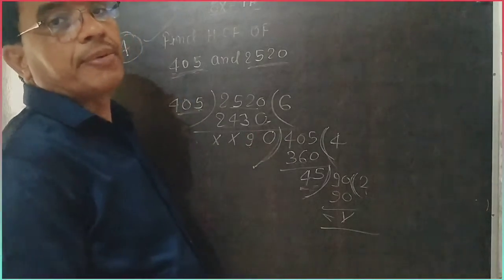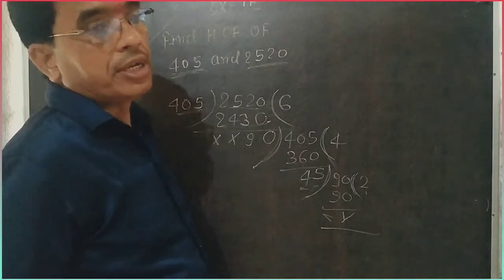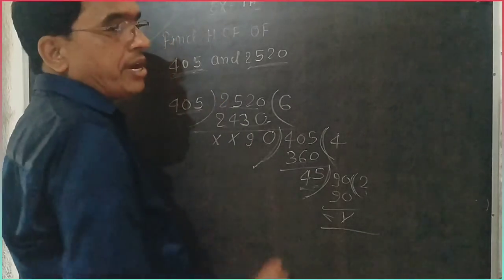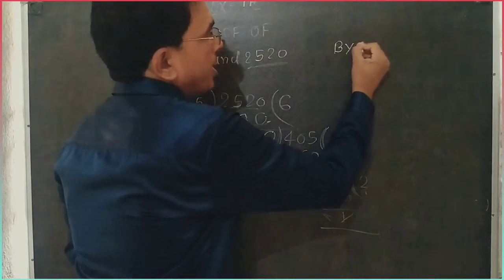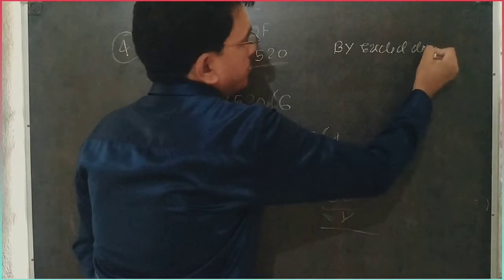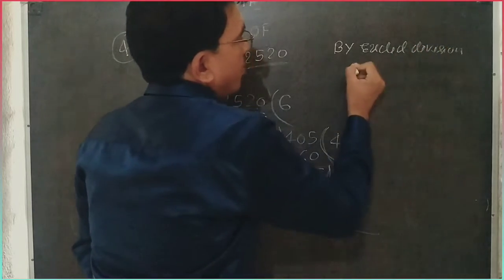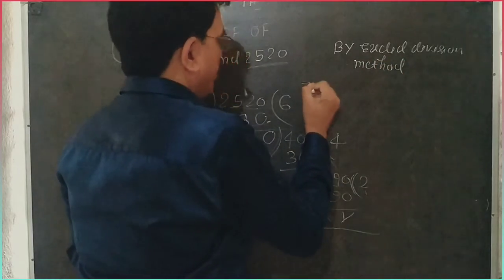But this method is called the division method. In your syllabus, you solve these questions by Euclid's division method. So you first solve by the division method and then arrange by Euclid's division method. By Euclid's division method,